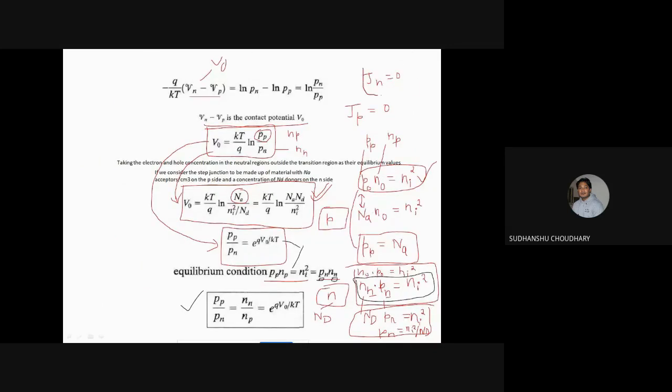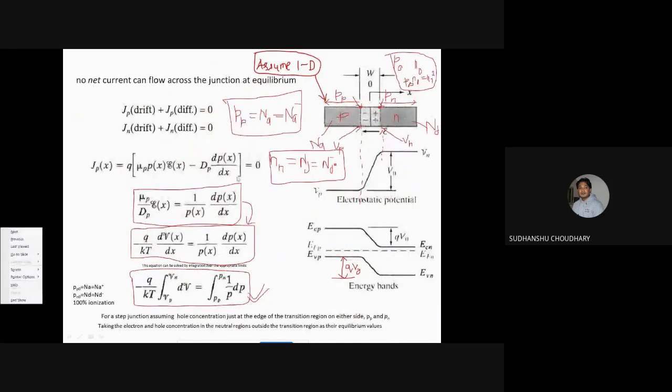Since we have only considered the hole current density, we have a relationship between the barrier potential and the barrier energy. For electrons, if we carry on the same thing, we started by assuming this part is 0, and one can also assume Jn is equal to 0 to arrive at the same relation. Once you do that, you will find the barrier for electrons, which is also the same, that is ECP minus ECN.